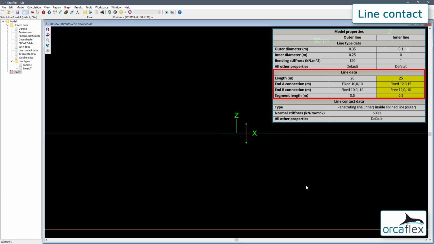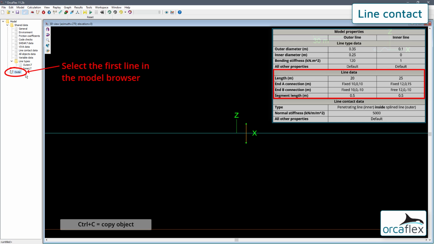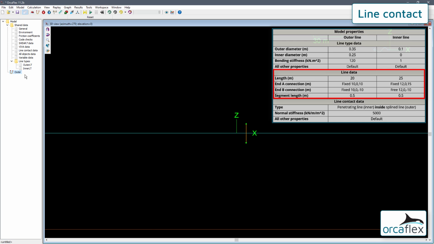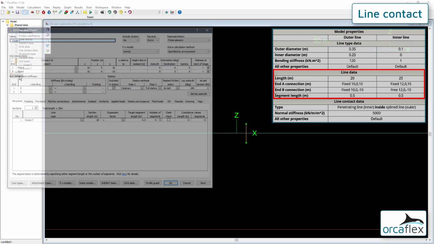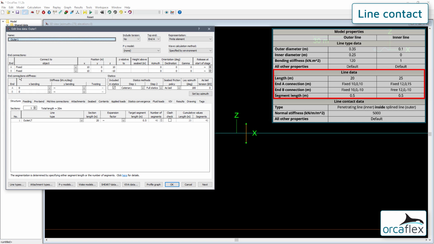We now need a second line, so could either insert a brand new line or, as I'm going to do, copy and paste the existing line. The new one is called inner and needs a length of 25 meters and a segment length of 0.5 meters.